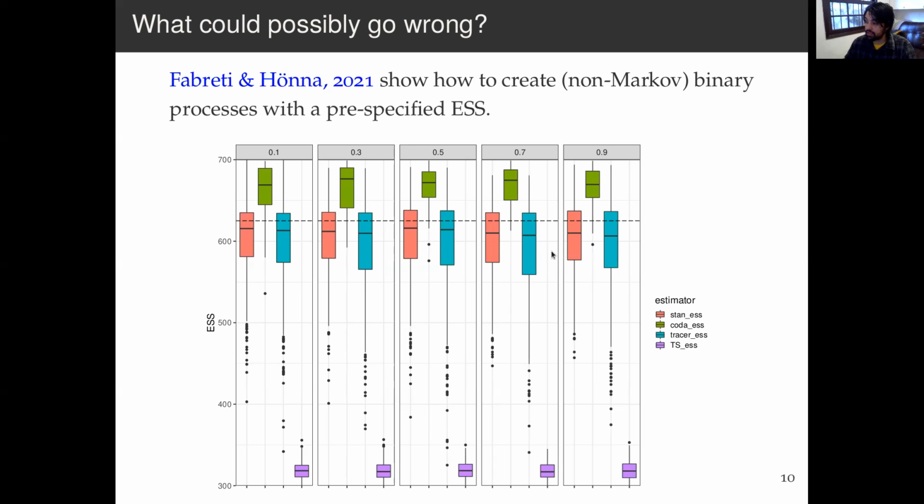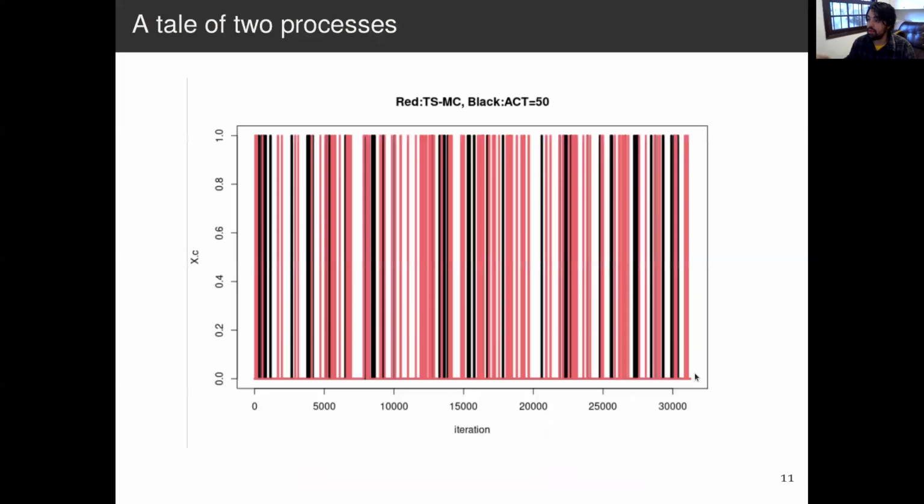So what's happening here is our estimator is being fooled by their algorithm into thinking that the ESS is much lower than it should be. And we know that the true ESS is really this, because we can do this by brute force, by repeating the same simulation a bunch of times and computing the standard error of the mean. So these methods are doing the right thing, and our method is doing completely the wrong thing. So what the hell is going on, right? Why is my lovely closed form little